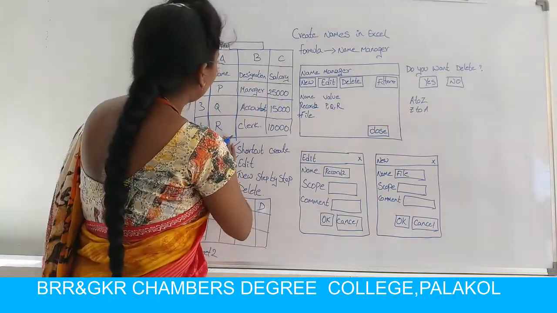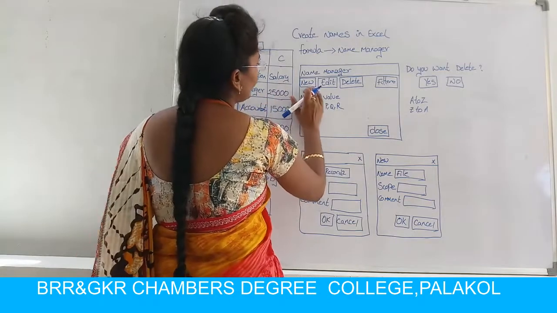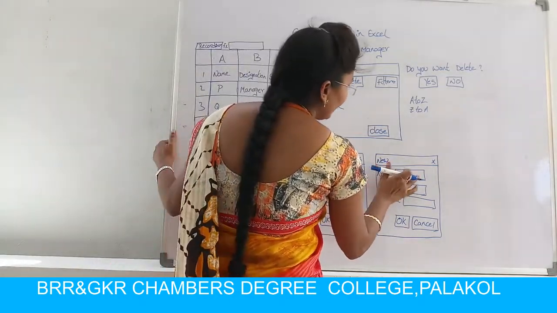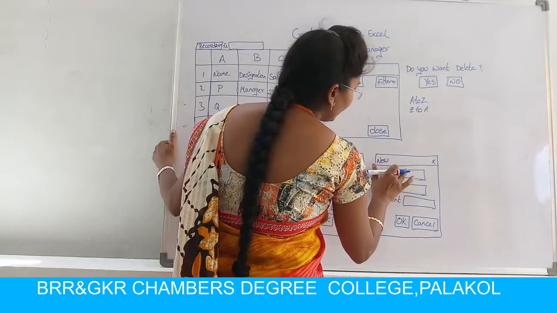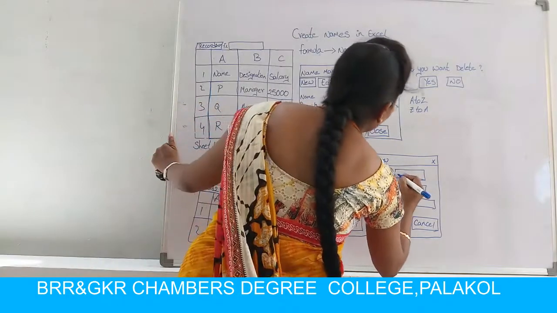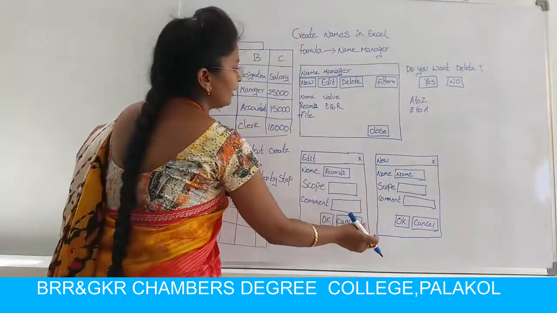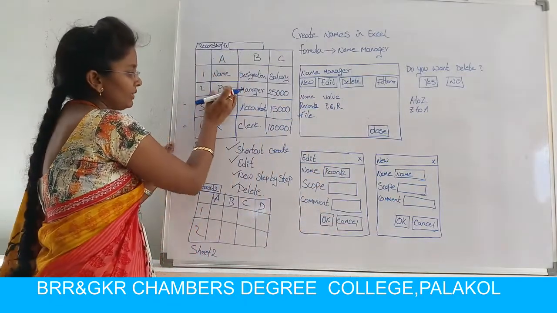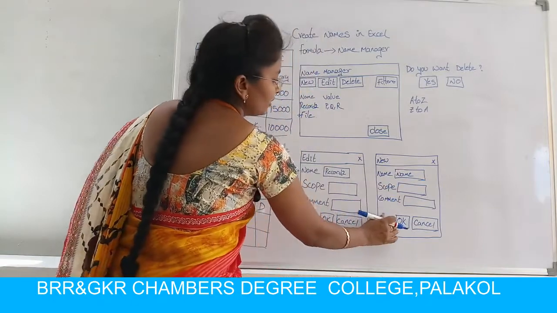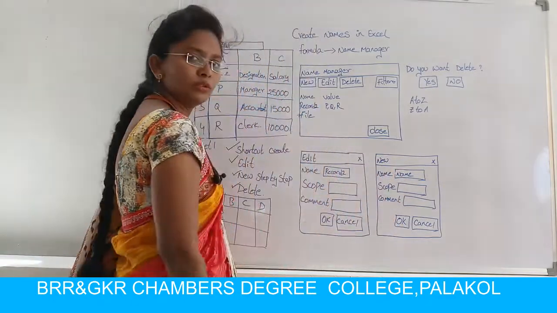Here I already created one record and then file. If you click on the new option, then a new dialog box will be created. Here I am not selecting the data at all, and I am giving the name here. That means I am creating a new list for name. For column A only I am creating the new list, and again click on the OK button and then click on the new button.